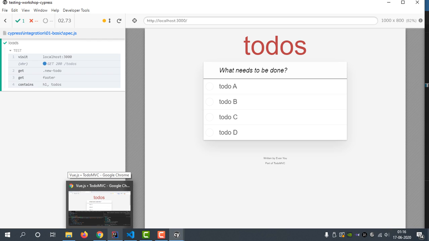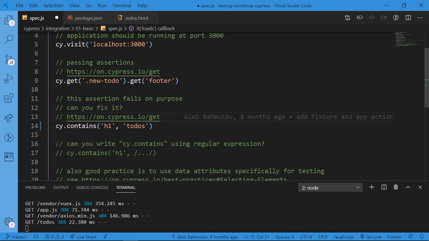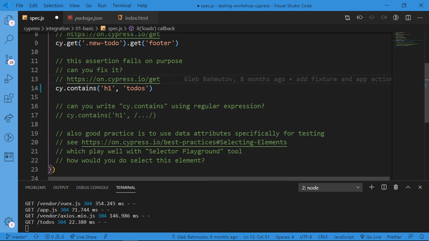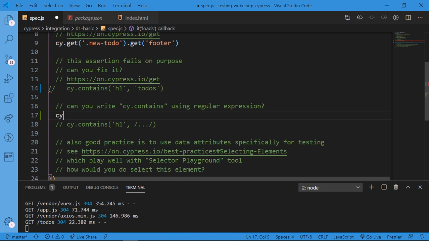Okay, then I think there was again some task in this workshop. You can see it's expecting us to write cy.contains using a regular expression. Okay, so let me just quickly comment this one out and try to write cy.contains